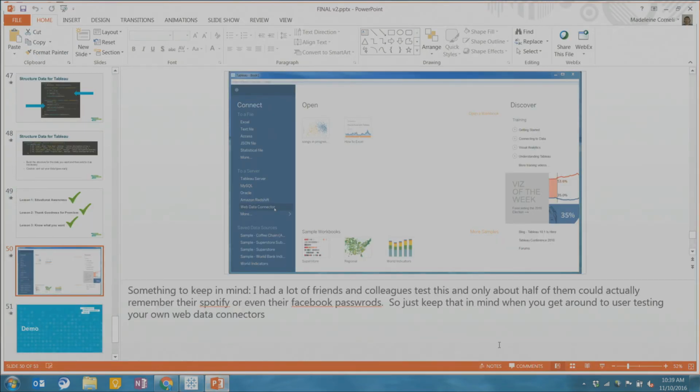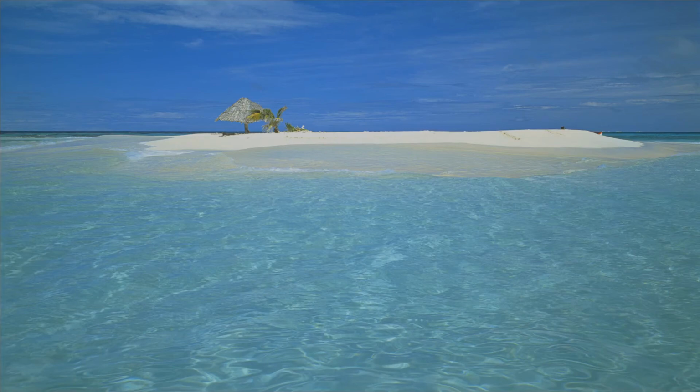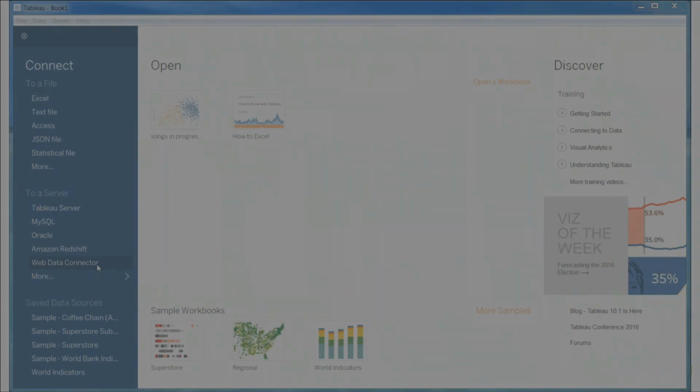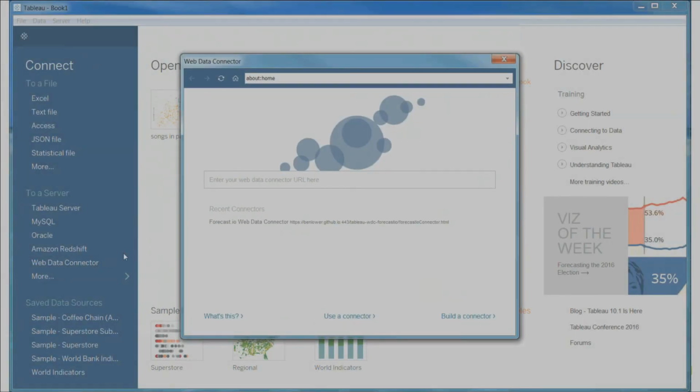So let's go back and close it out here. The code, both Will's and mine, is available on the Dropbox that we're going to share. There's a ton of community web data connectors as well. People are constantly building these. There's ones for Facebook. There's ones for Twitter. There's a ton of different ones out there. And they're pretty awesome to work with, even if they're challenging to build.